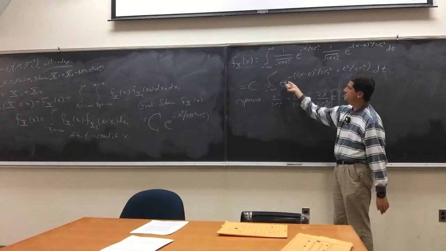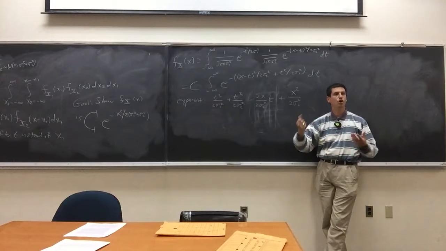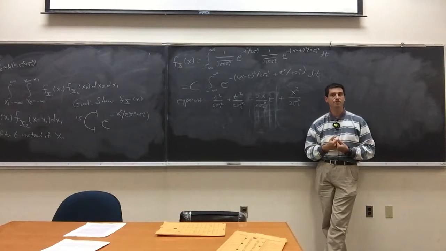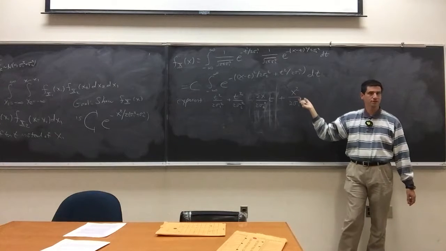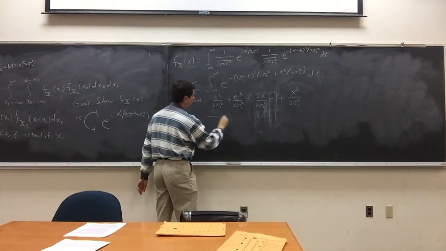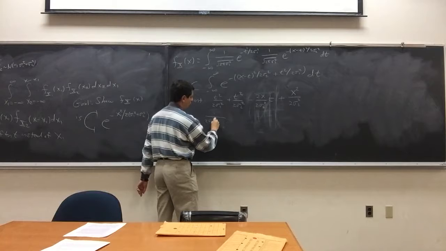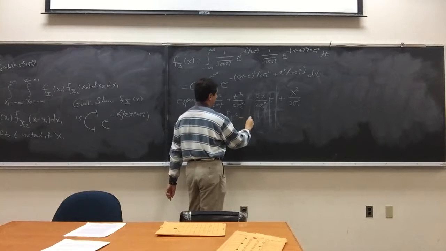If we can write this as some constant times t minus something squared, we can actually evaluate that integral. This x has no t dependence, so this is fine. So if we want to look at this, we want to complete the square. So we have 1 over 2 sigma 1 squared plus sigma 2 squared, t squared minus,